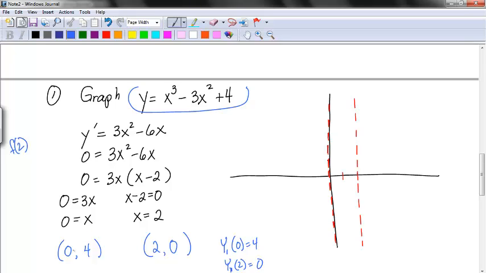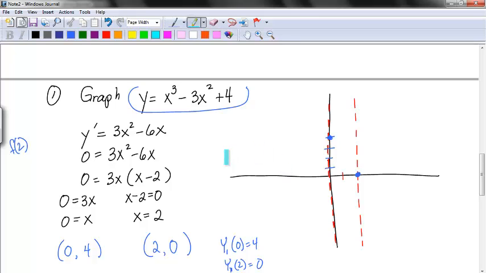Now we're going to mark those ordered pairs, 0, 4. So 0 to the right and up 4. So I'm right on the y-axis. And 2, 0: 2 to the right and up 0. So I have those two ordered pairs. Now what I want you to do is to separate the graph,